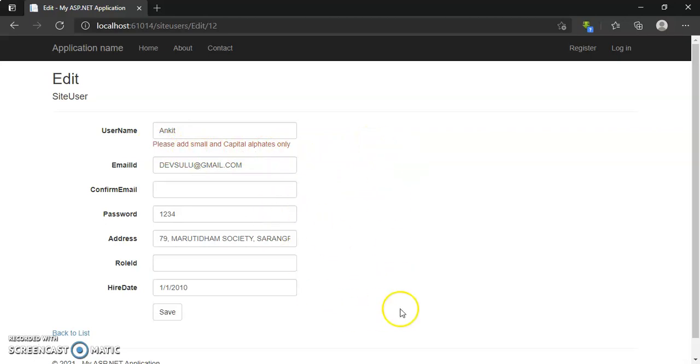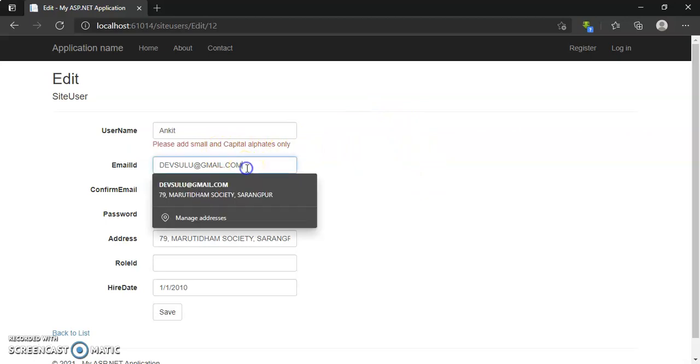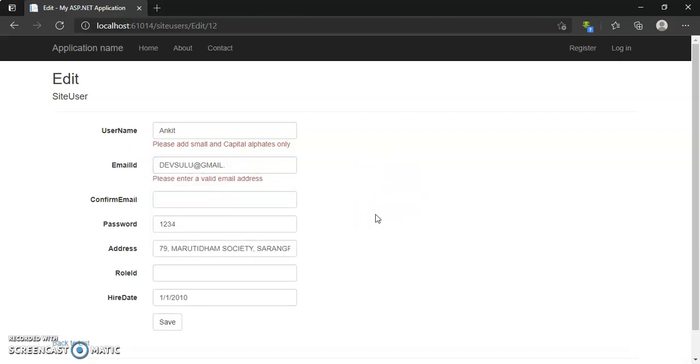If you want to see the server side validation, it is done by clicking on this save button. This is client side validation, so I have clicked on the page and this error is generated. Same like that in the email address. If I remove this, when I click on the page, it displays this error. So client side validation is now done.